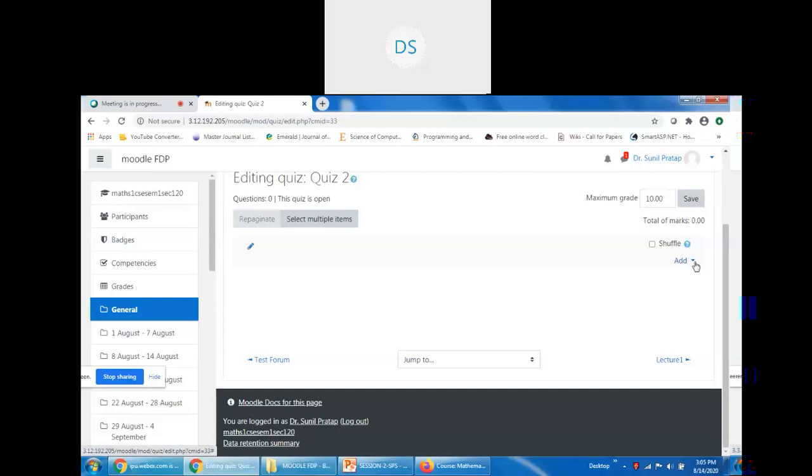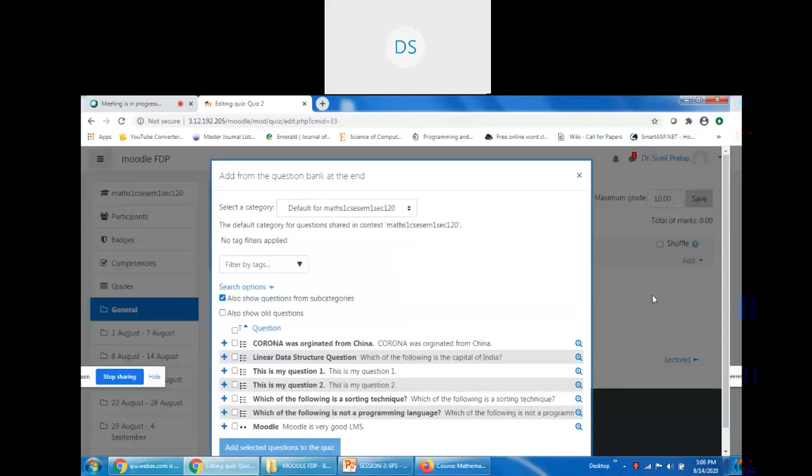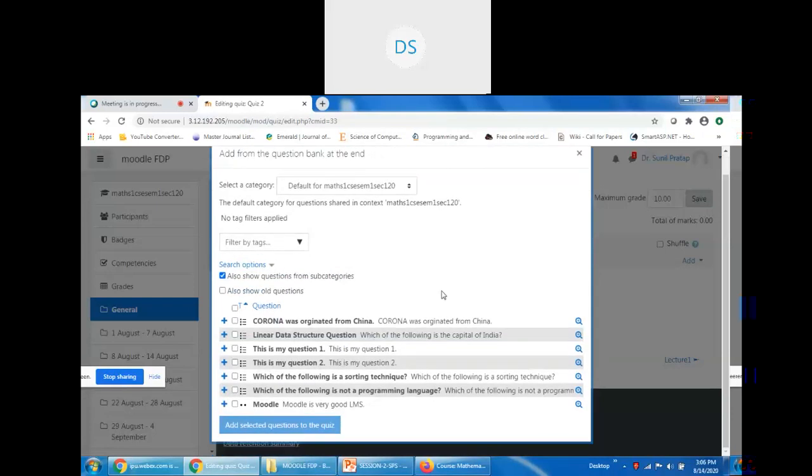We have an option add, and through this add we can see three options: a new question, from question bank, and a random question. So yesterday we prepared a question bank, so we may add questions from the question bank. So from question bank I selected, and you can see in my question bank there are 4-5 questions.